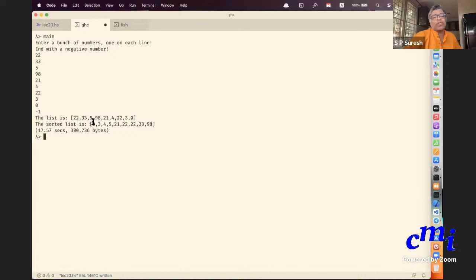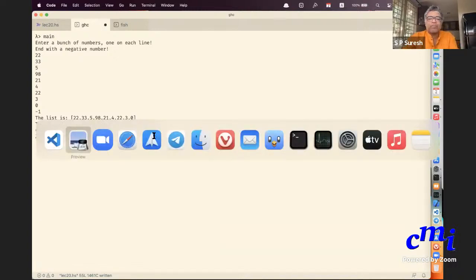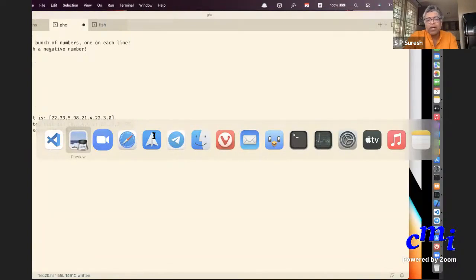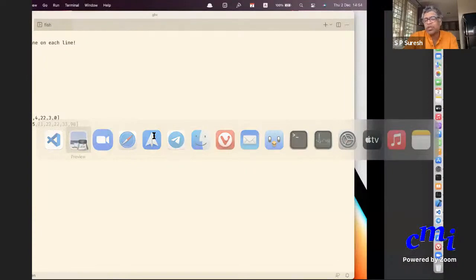The sorted version is 0, 3, 4, 5, 21, 22, 23. So here is how you read a bunch of numbers, put them into a list, and then do whatever with that list. Okay, great. So this is one thing. Any questions on this?